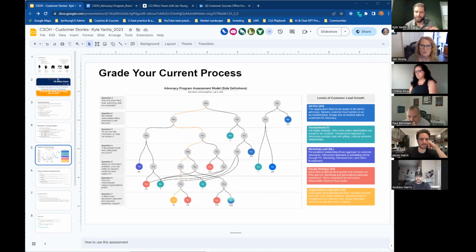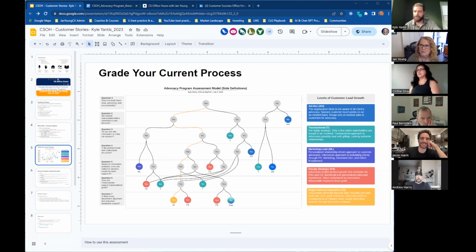It goes from the top down. And as you're going through this assessment, you're going to have 2 answers, yes or no. Ideally, you'll want to follow the golden line here to get down to the bottom where customer-led growth is an organizational imperative. So that means absolutely everybody in the company starts their day asking the question, what's in it for the customer?